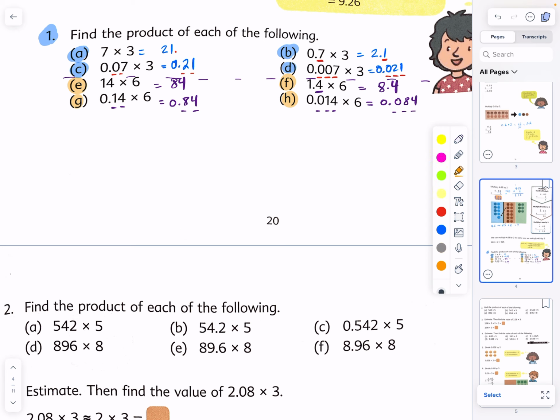I want you to notice something special. We multiplied by whole numbers, times 3 in the first 4 examples and times 6 in the following examples. In general, when we multiply decimals by whole numbers, we must count how many decimal places we have on the left, such as this. We had 2 decimal places on the left, 0 decimal places here, and therefore the product has only 2 decimal places. Okay? Now, let's take a look